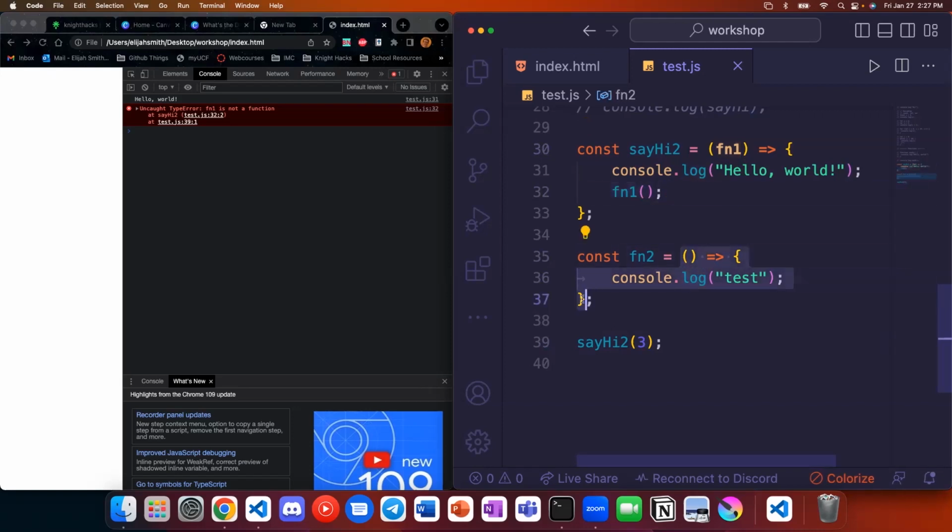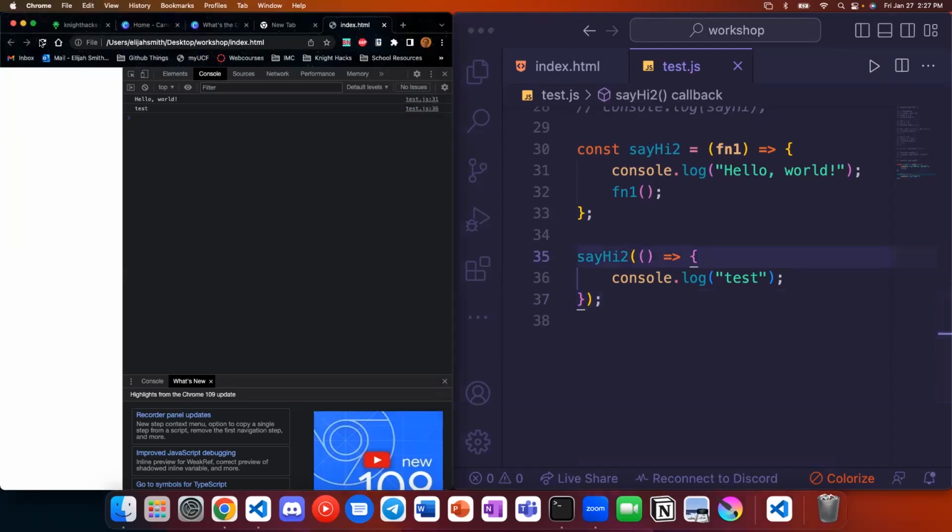But we can also just take our arrow function and we can pass it in just directly. Like we don't have to put it into a variable. We can just put it in here, no problem. So if we refresh this, this is totally valid. It'll do the same thing. Anytime we declare an arrow function, it just automatically gives us back a reference, which we either put into a variable or we put into an argument.